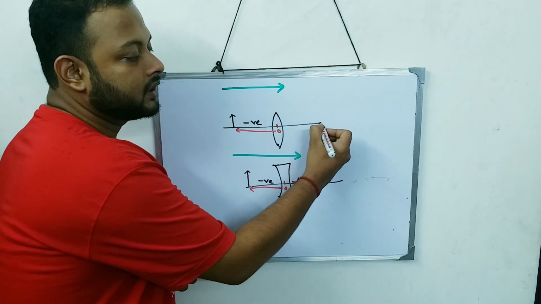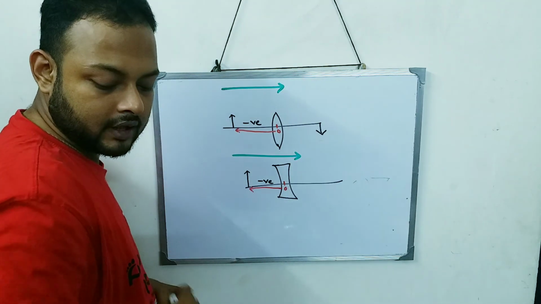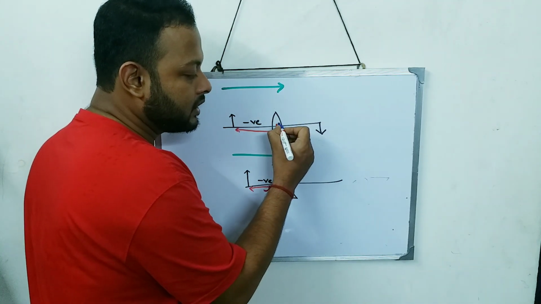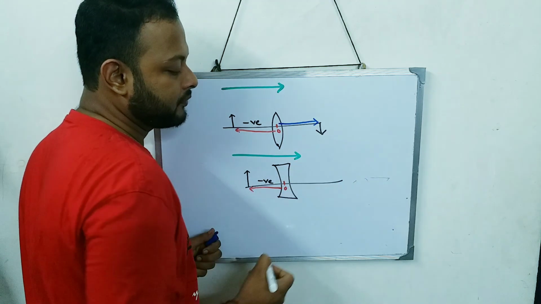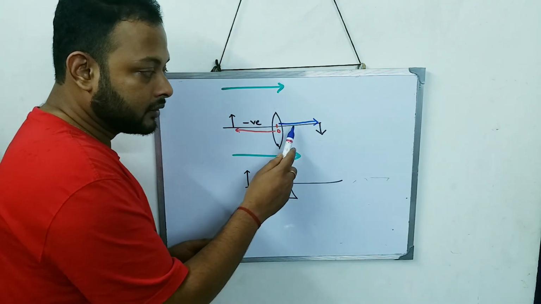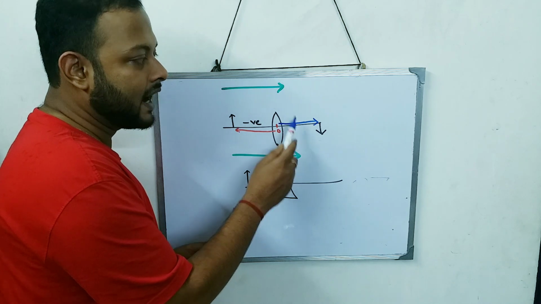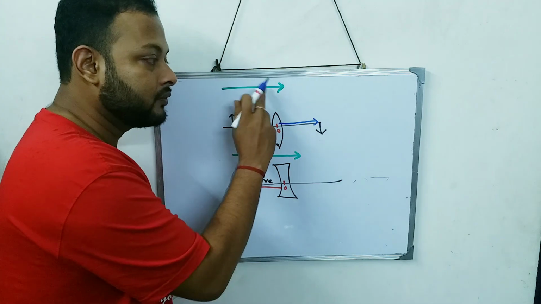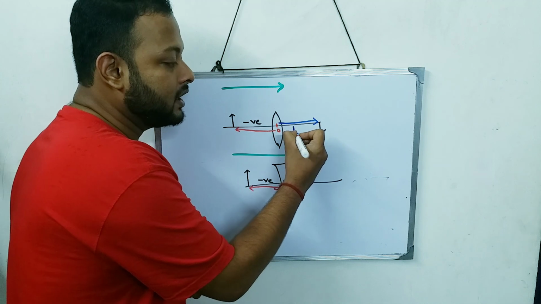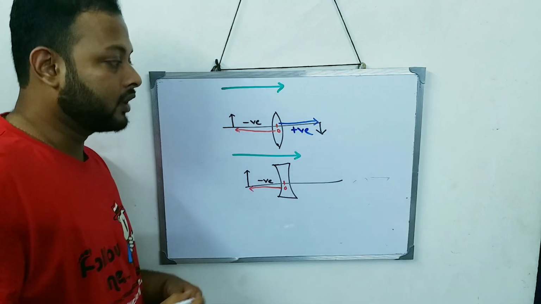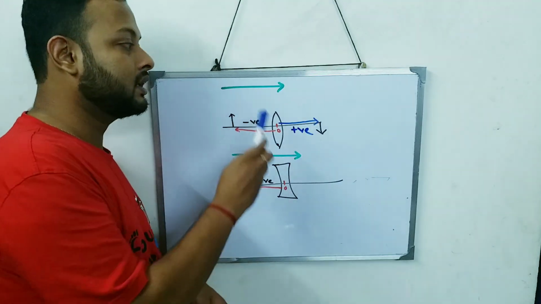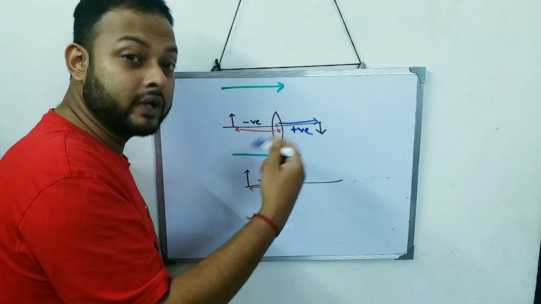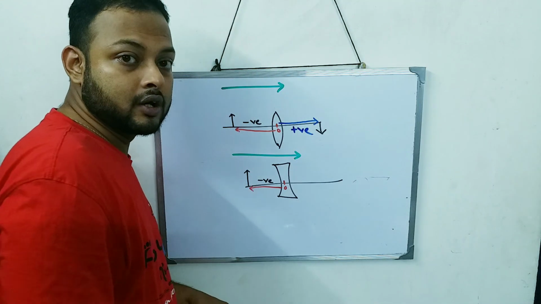But suppose my image is over here, and suppose we are measuring the image distance. Again, we start from the optical center and move towards the image, and it is in this way. Now you can see my image distance is in the direction of incident ray. So when the distance is in the direction of incident ray, that should be taken as positive. Distances which are measured against the incident ray are taken as negative. Distances which are measured with the direction of incident ray are taken as positive.